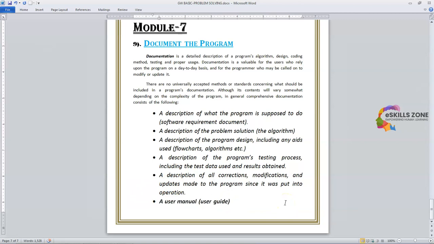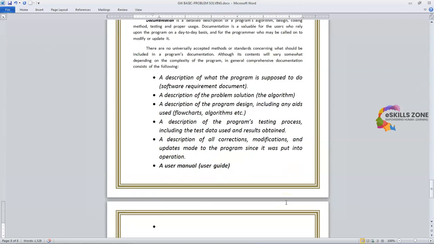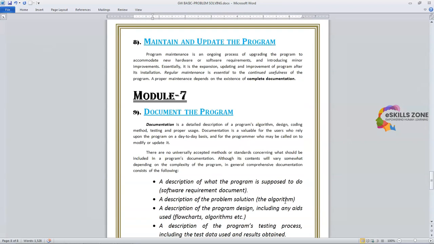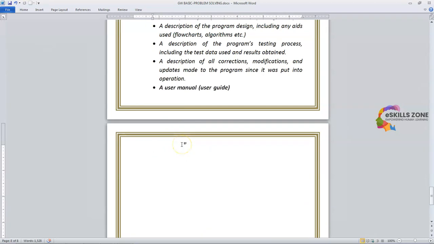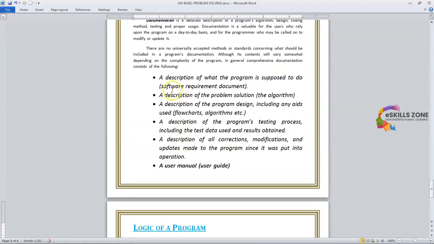systematically. So the next topic I'm going to discuss today is a different one, which should also be noted and understood. This is called the logic of a program, because we are learning how to solve a problem and how to develop a computer program. So the logic of a program should be understood. So we'll discuss this. What is the logic of a program? You can define it as